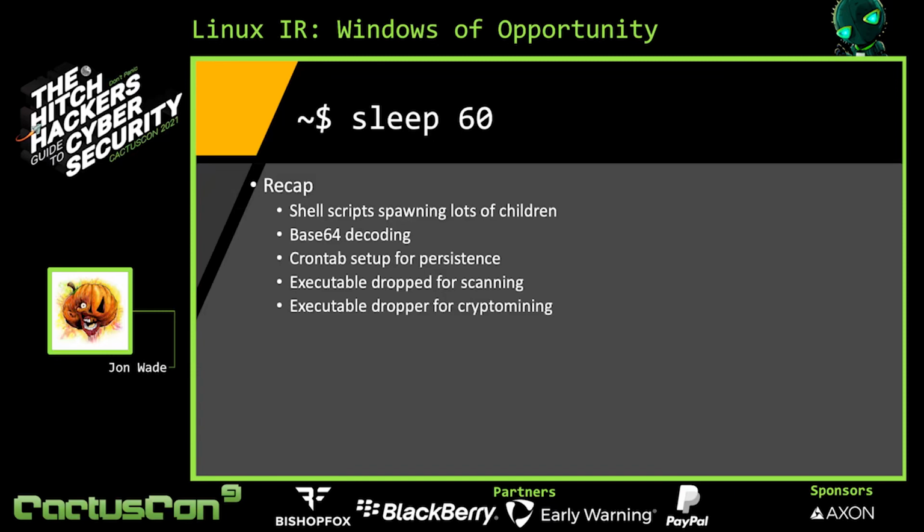Like I said, we had an executable drop for scanning. That one specifically was actually scanning for the Postgres. This family, like I mentioned earlier, can scan for a lot of different things, though. It can scan for vulnerable Jenkins, scan for vulnerable Salt, Hadoop, a lot of other enterprise things. We kind of got lucky that it was scanning for Postgres, because that's what I set up, but it could have scanned for a handful of other things as well. Then we saw the executable dropped for crypto mining.